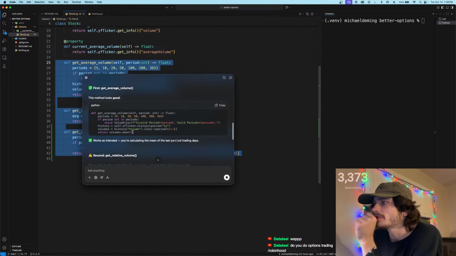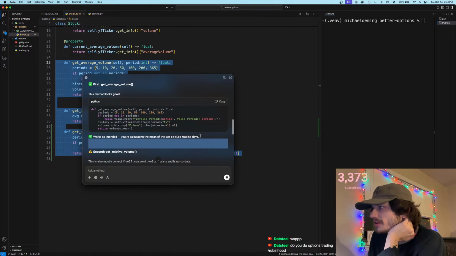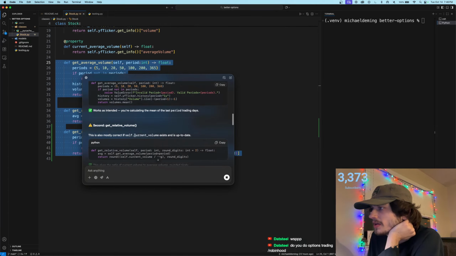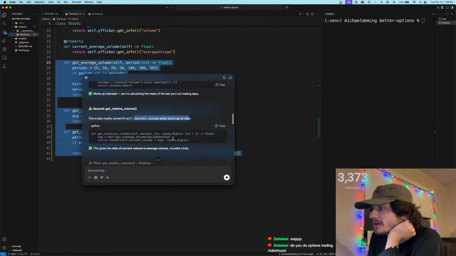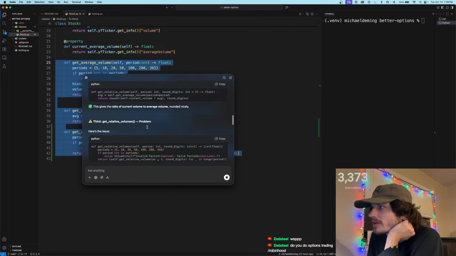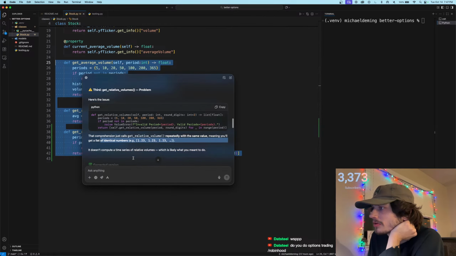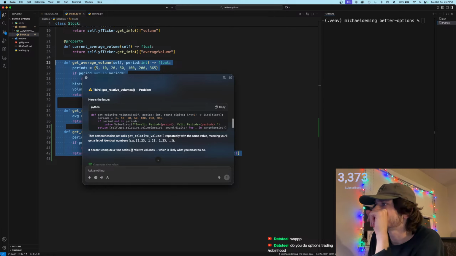Get average volumes. This method looks good. Works as intended. Calculating the mean of the last period of trading days. Get relative volume. This is almost correct if self-current volume exists and is up to date. Yes. Get relative volumes. Here's the issue. This comprehension list just calls get relative volume repeated with the same value, meaning it'll get a list of identical numbers. All right. Okay, so